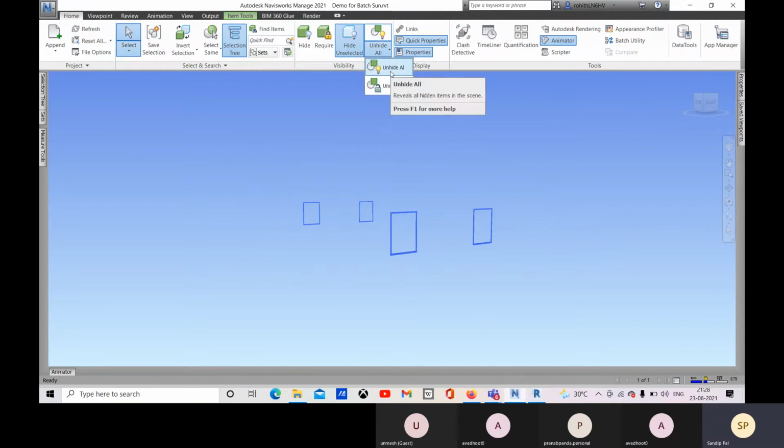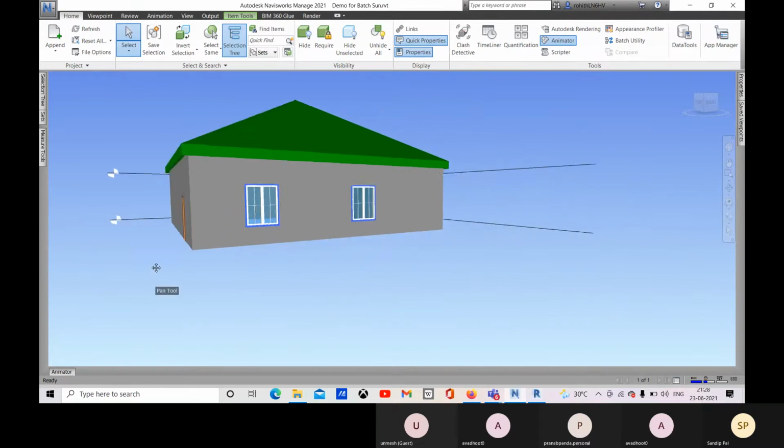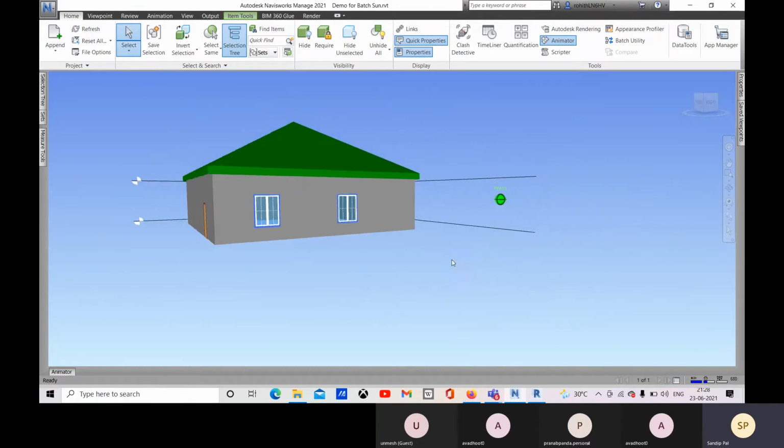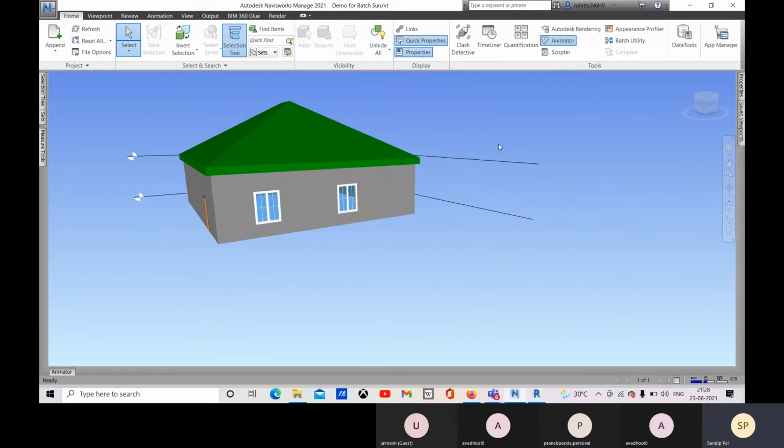And here you have this unhide all option. Here you can see that the levels are coming also. So levels were hidden. So you can select and select.